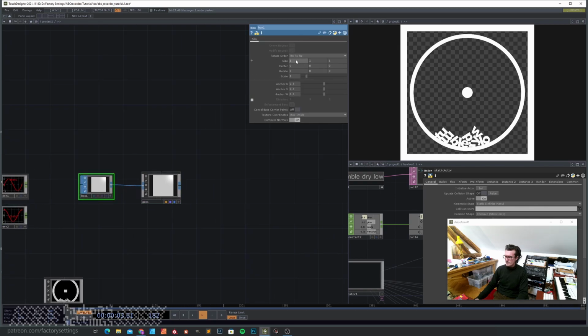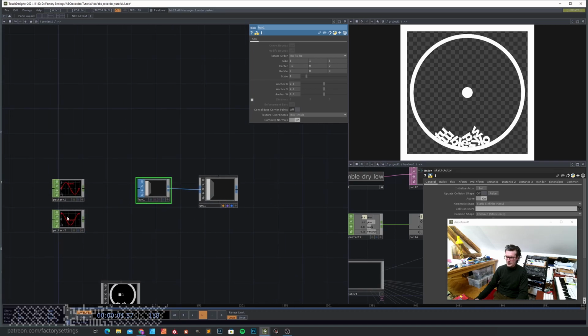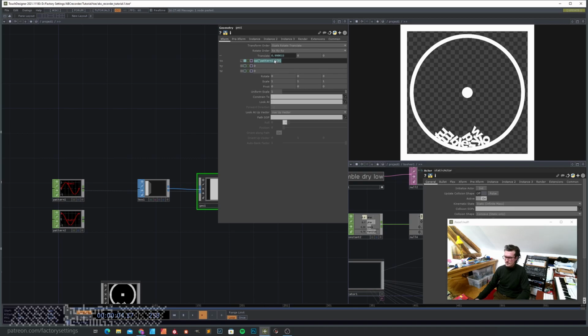Put this one somewhere off center, somewhere here. And if you put these patterns into the transform of this geometry component, so op pattern 1, first channel, pattern 2 for the Y,